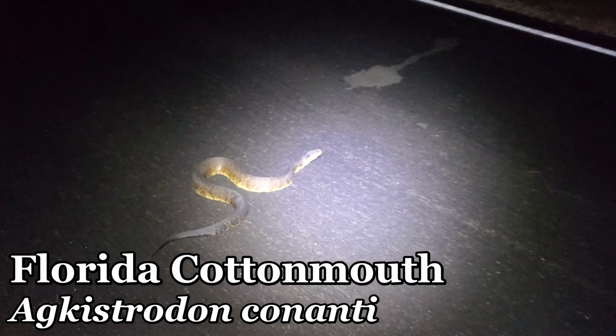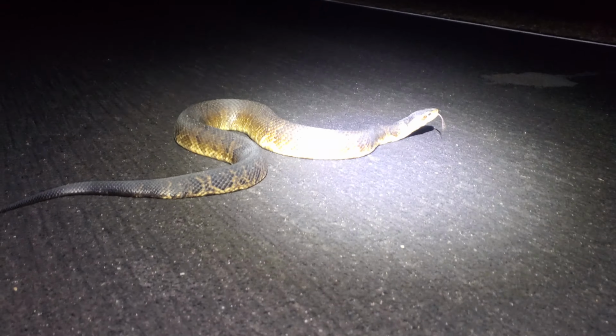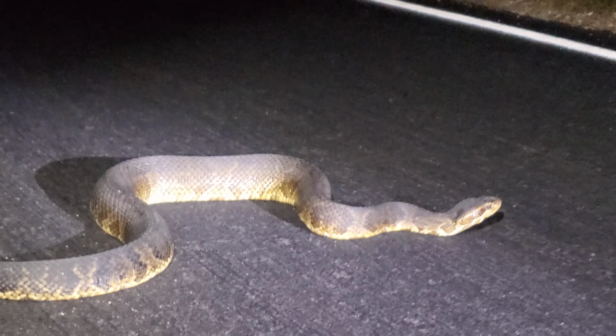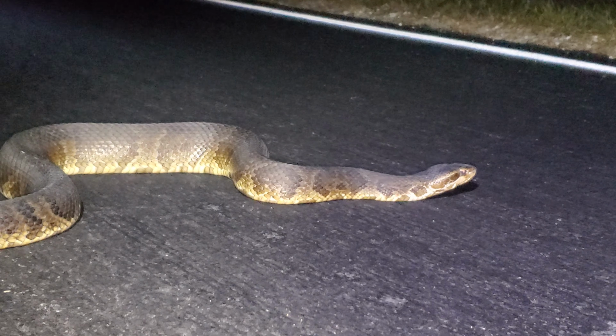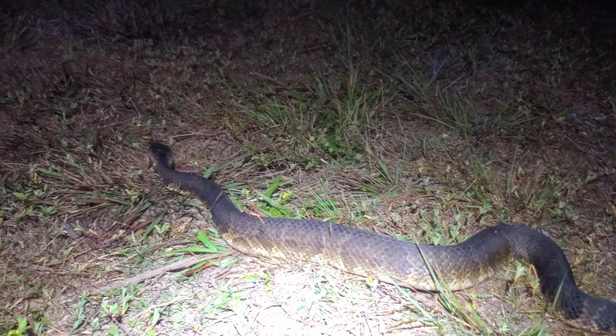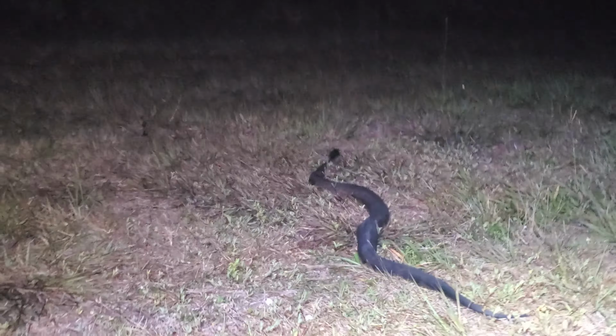We got the classic cottonmouth. It's only our second snake of the night, but this one is right here in the road. Zoom in. It's a good sized cottonmouth, definitely an adult, and there he goes. Working his way off the road. Pretty snake. He is. And the cottonmouth has made it off the road safely and is slowly working his way